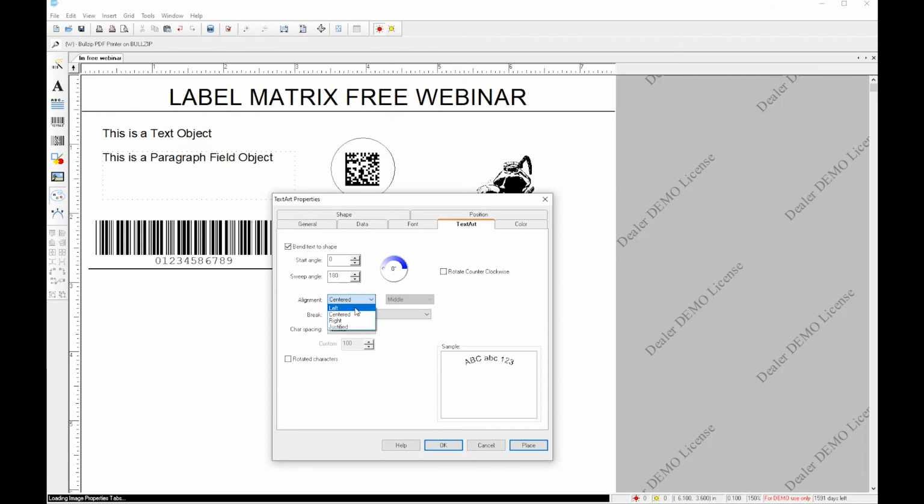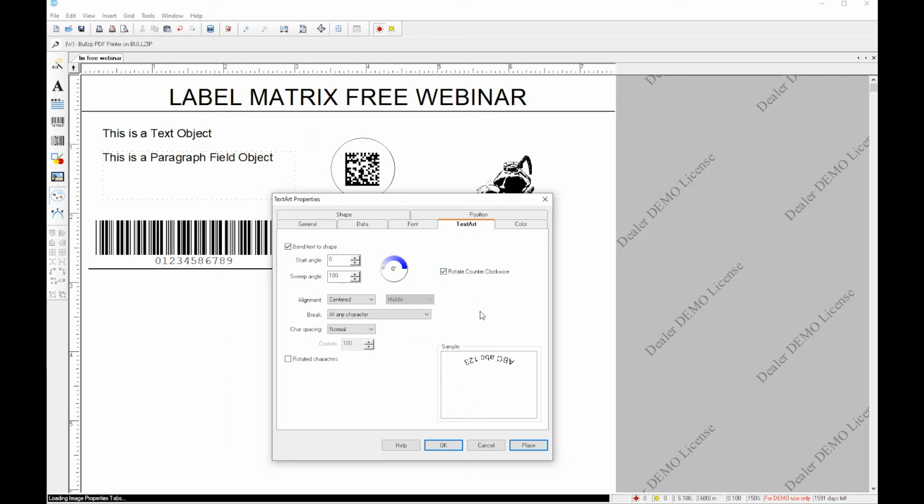The alignment is pretty much the same thing as the anchoring point, like we were talking about beforehand with other text objects. You got the left, centered, right, and then justified. You can choose where the actual bend begins. It can be at any character, at word boundaries, or at the character turn, if you would like to have character turns in there. You can also do the character spacing, whether it's dense and kind of condenses, and then goes loose, and then kind of expands like the exploded view, or you can even create your own custom spacing. And then you can rotate the characters so they become vertical, or you can even rotate them counterclockwise